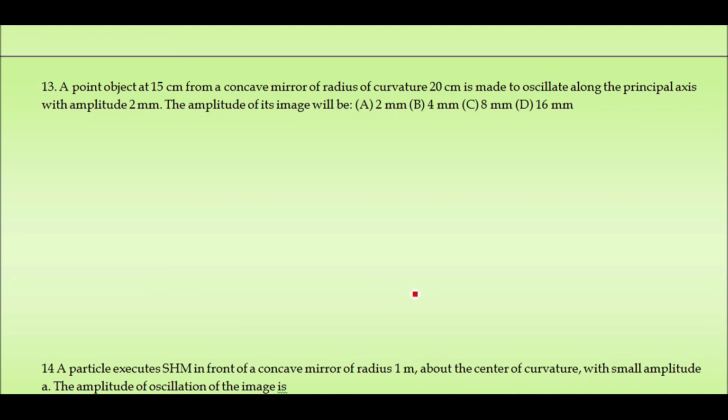Problem number 13. A point object at 15 cm from a concave mirror of radius of curvature 20 cm is made to oscillate along the principal axis with amplitude 2 mm. The amplitude of its image is? So object distance U is equal to 15 cm and focal length F is 10 cm, and again the amplitude is equal to 2 mm. So the object size of object O is equal to 2 mm, and as the object is moving along the principal axis, we have to consider the concept of